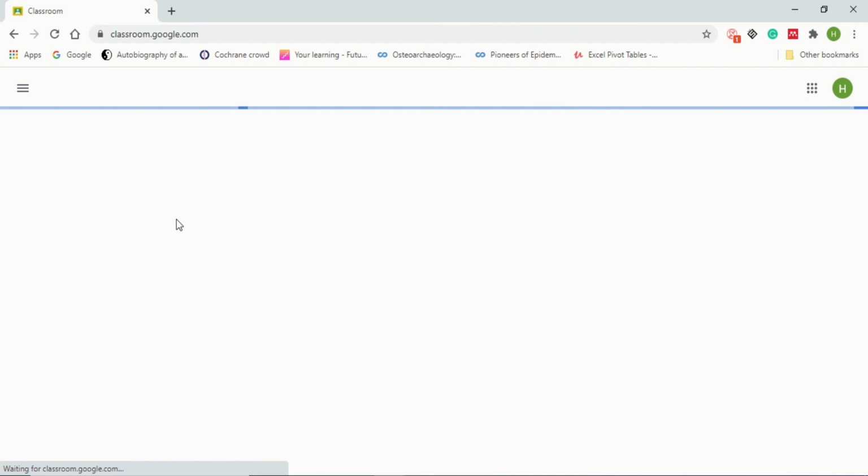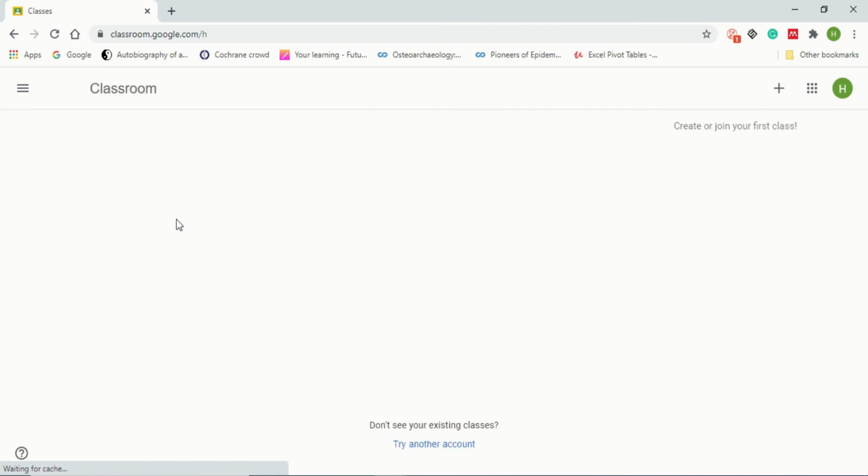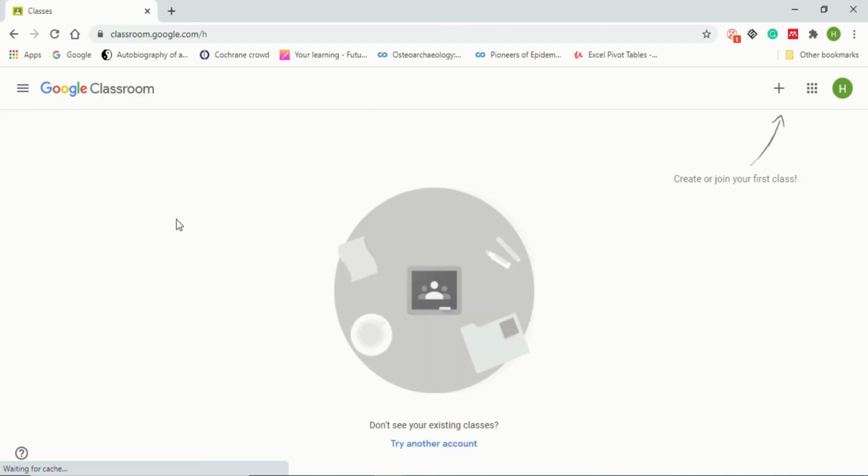You can see it has already entered inside Google Classroom, and it looks like this. I am already using my Gmail email ID, that's why I am directly signed in to my Google Classroom.